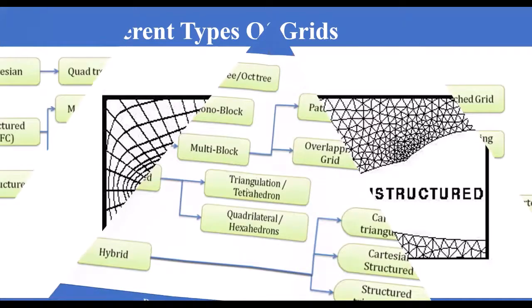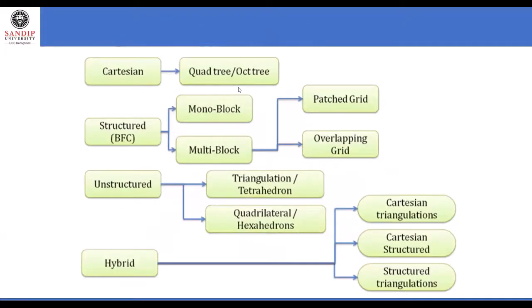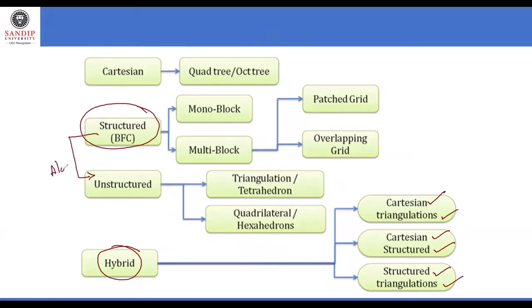So in order to understand that, when you are talking about hybrid meshes, what we are doing is Cartesian and triangulations are being used, Cartesian and structures are being used, structures and triangulations are being used. So up to the feasibility of that particular solution, we will try to make it as structured as possible. When it is not possible, we will leave it to the algorithm. That algorithm will take care and give an unstructured mesh. So where it is possible, we'll try to make a structured mesh.